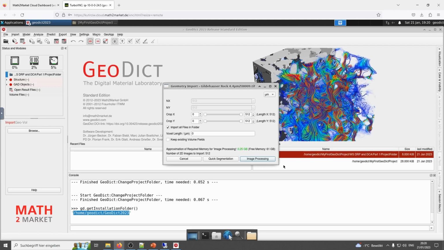As far as the datasets are predefined by our team, to import these TIFF images, you just need to enter the resolution. As you remember, 4.4 micrometer we can choose here on the top.